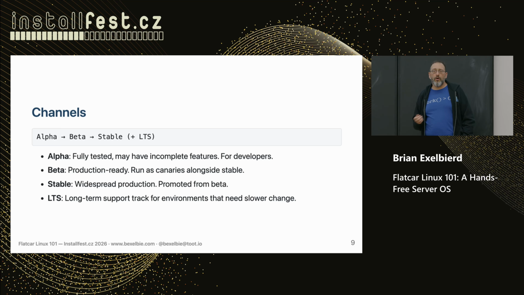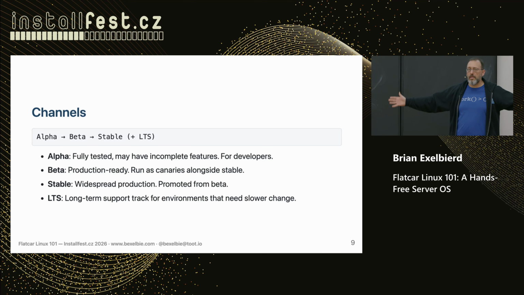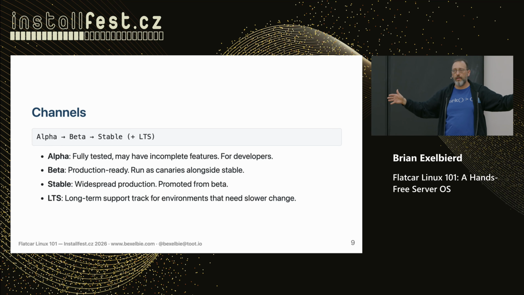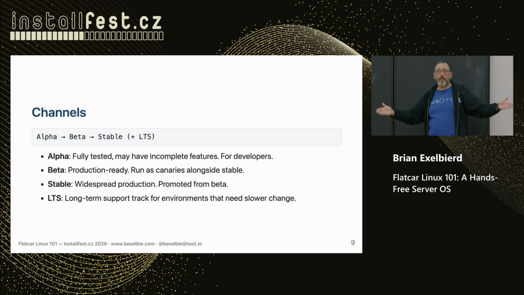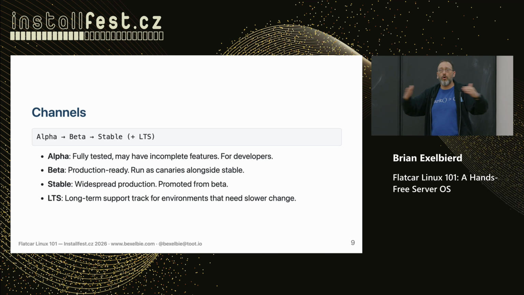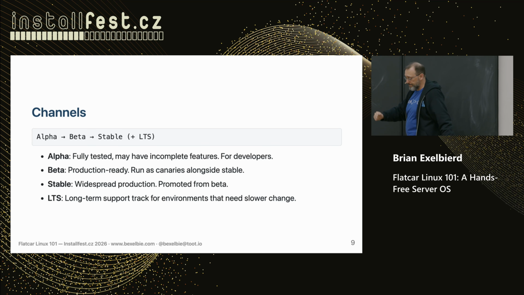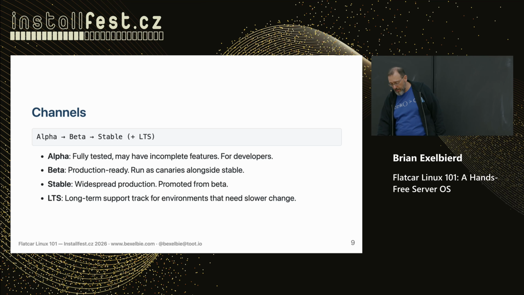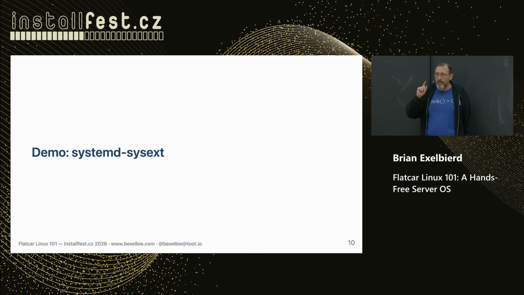It's also very hard in a general purpose operating system to test every possible thing that you could install with every other possible thing. Flatcar makes a functionality promise. The features are ours to manage. So we tested all of them against each other. Now you may be wondering, how do you add things to the host that belong on the host when you can't write to the host?